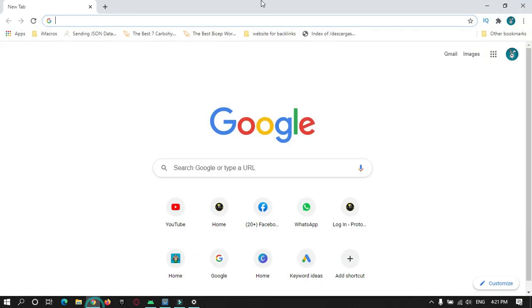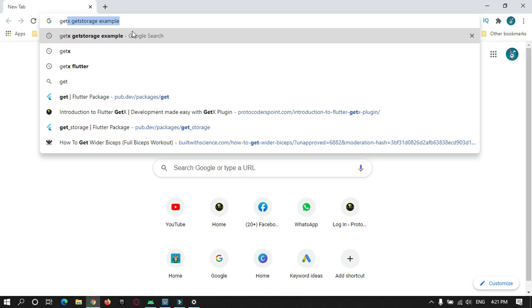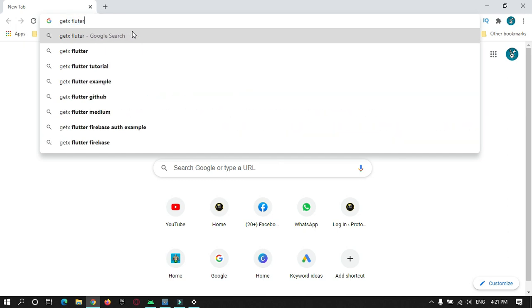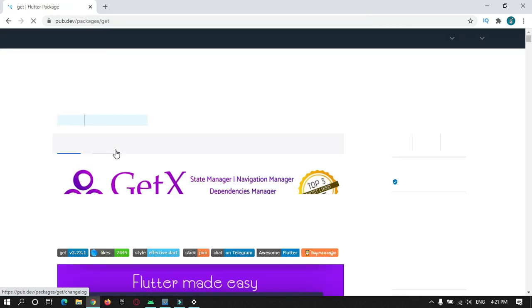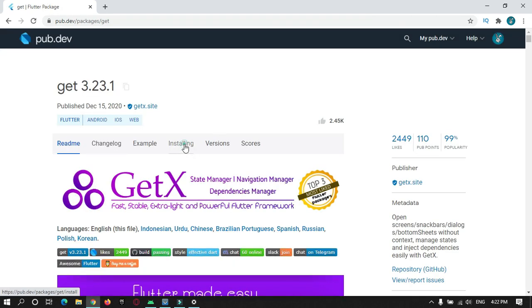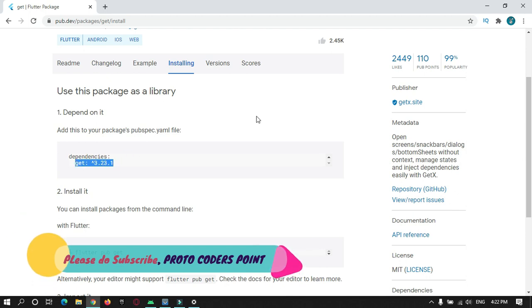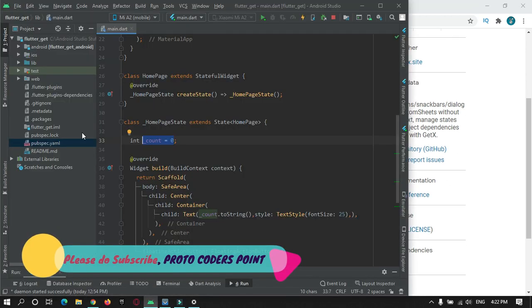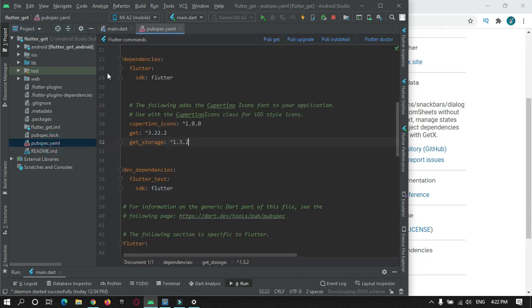For that, go to Google and just search for get x flutter. You can find it here, and go to the installation tab. Over here just copy this and come to your project and open the pubspec.yaml file.